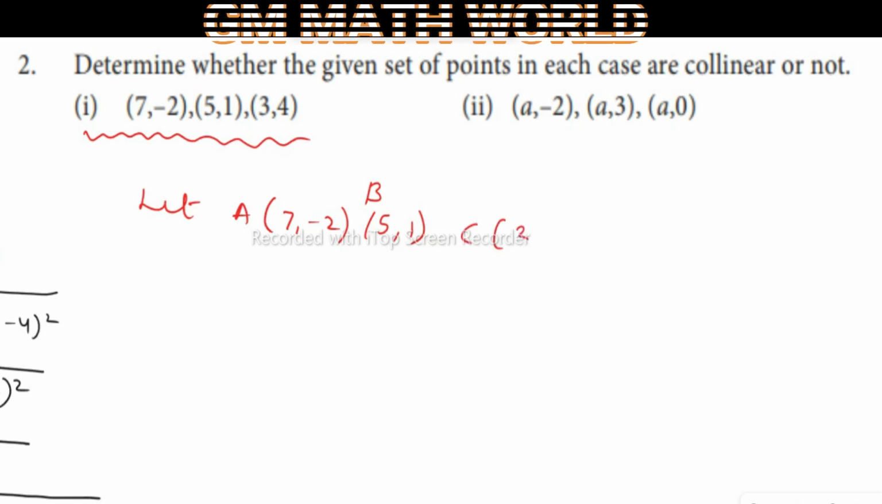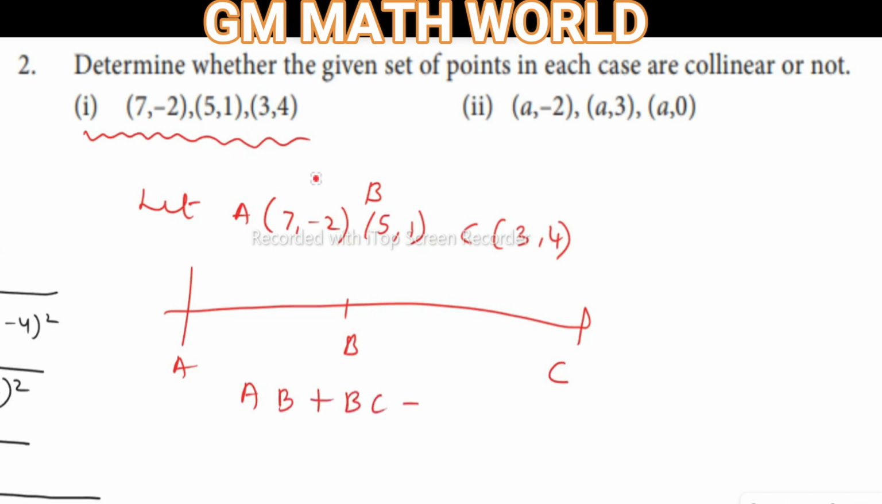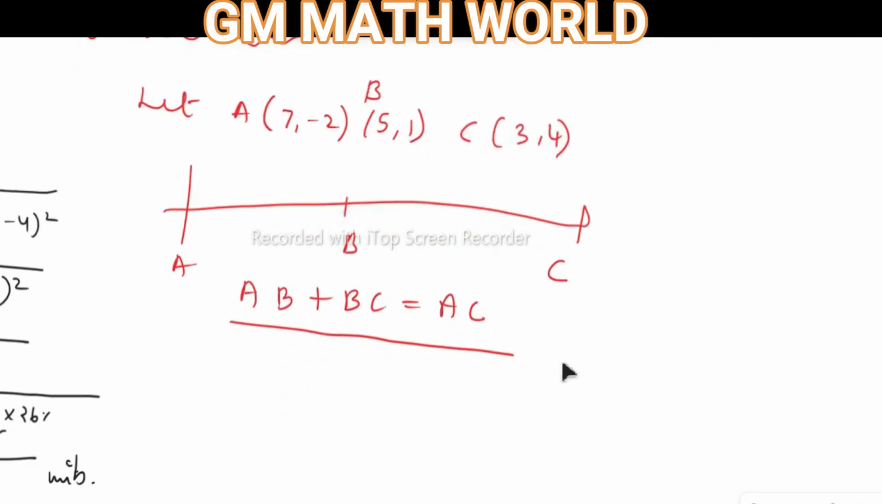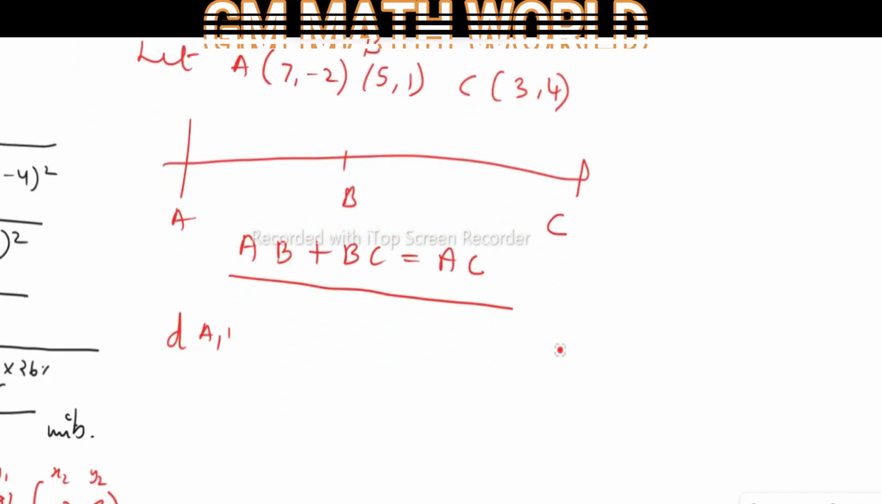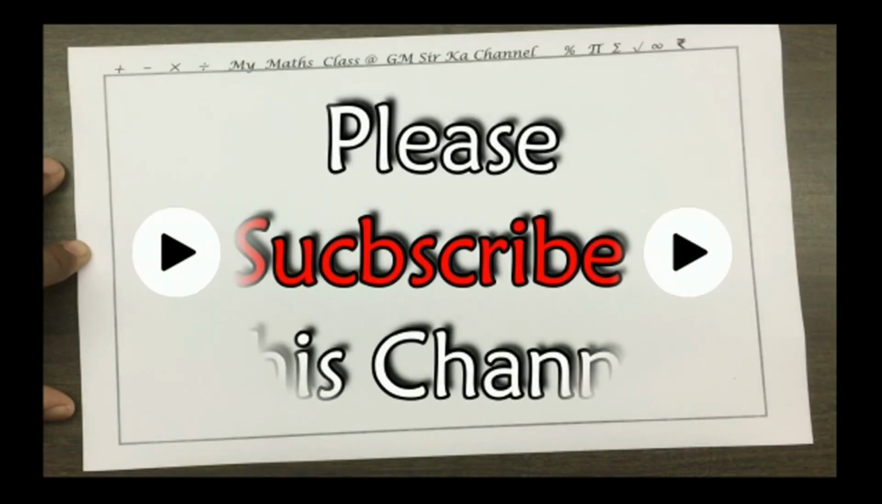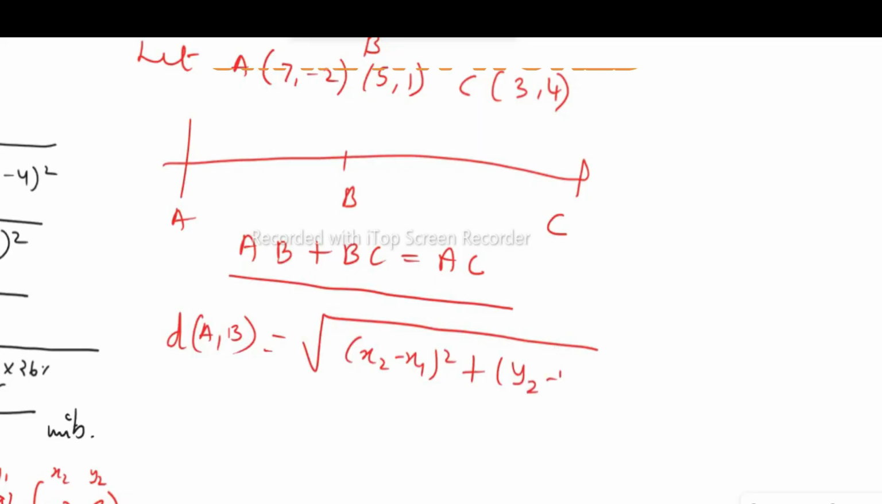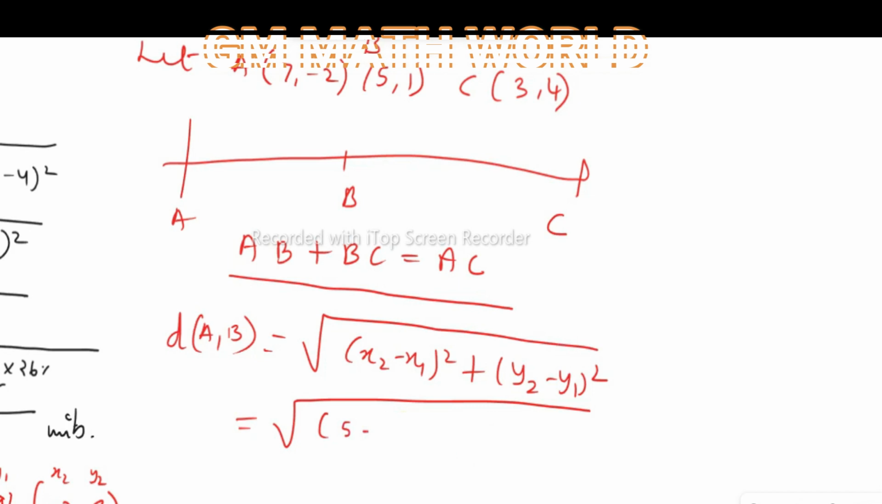Let us understand this concept by the diagram. Let us draw a line and take 3 points on it, A, B, C. If we have AB plus BC equal to AC, then we can say that the given points are collinear. That means we will find the distance AB first, and distance AB is given by the formula square root of (x2 minus x1) the whole square plus (y2 minus y1) the whole square, and